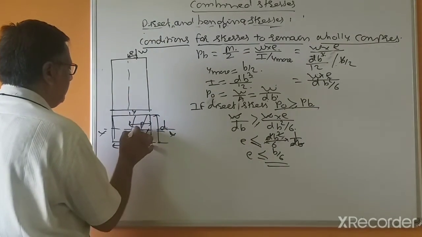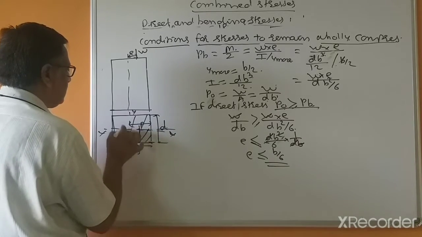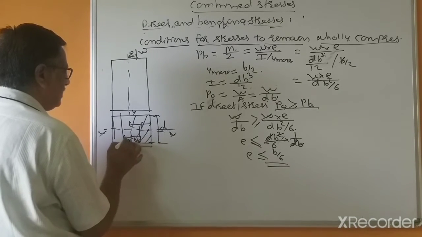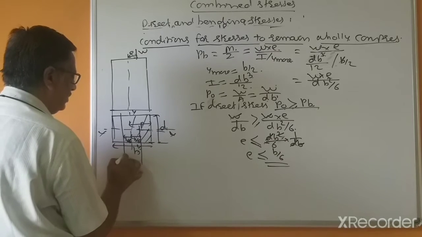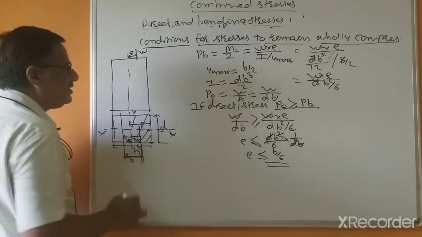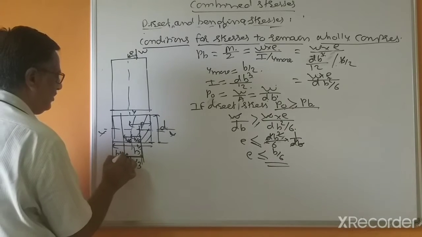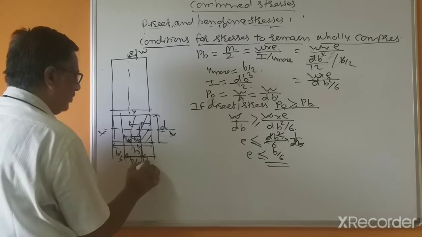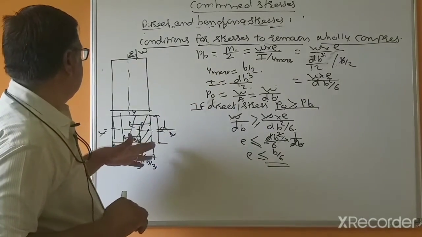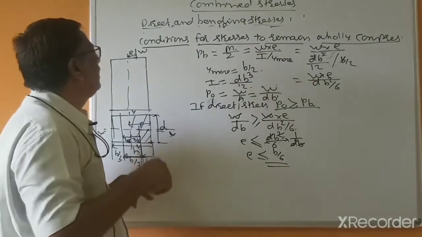B divided by 6 means, suppose this is B by 6, this is also B by 6. So this is equal to B by 6 plus B by 6, this is B third, this is also B third, and the remaining portion is also B third. So this is for when the load is on the XX axis. Next case,